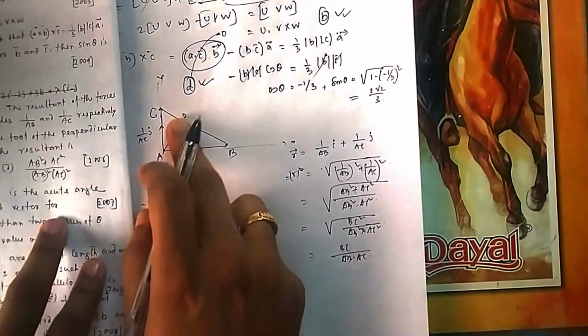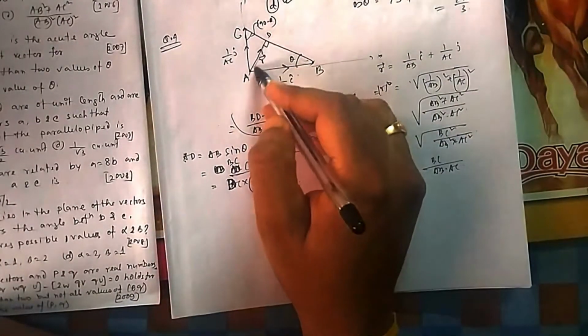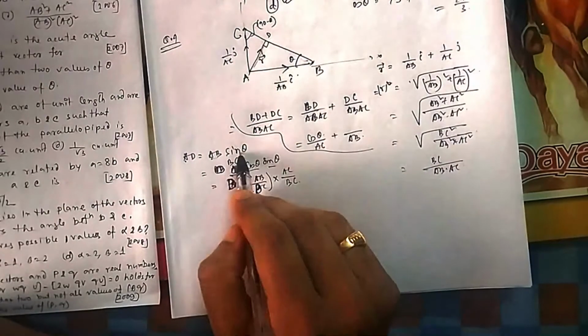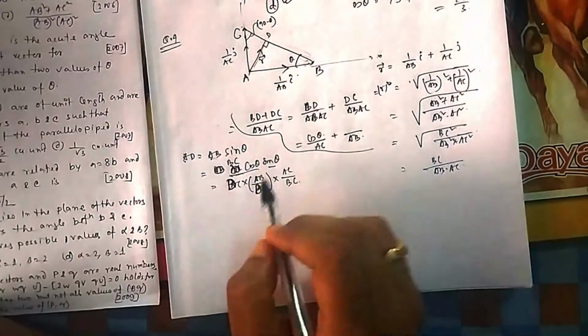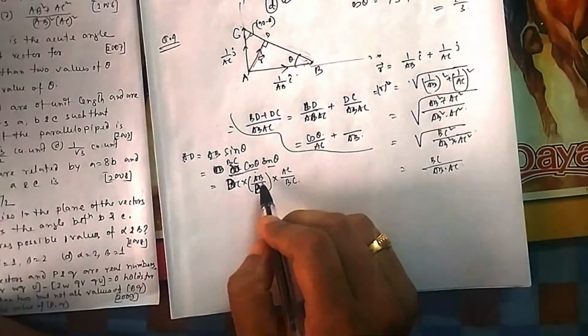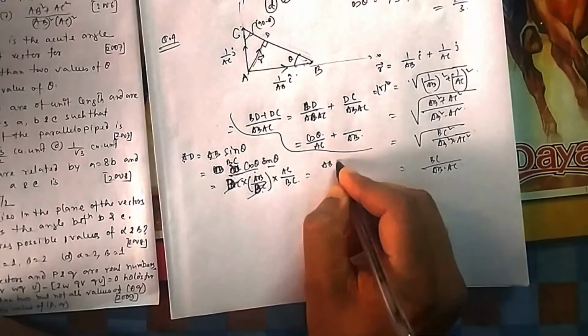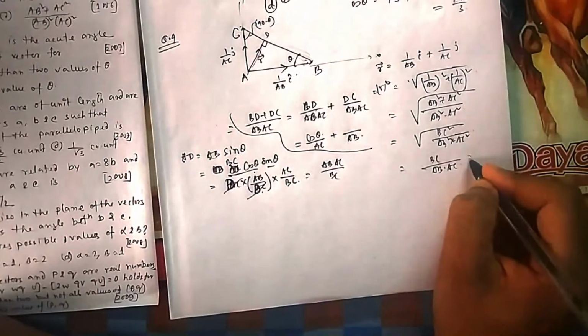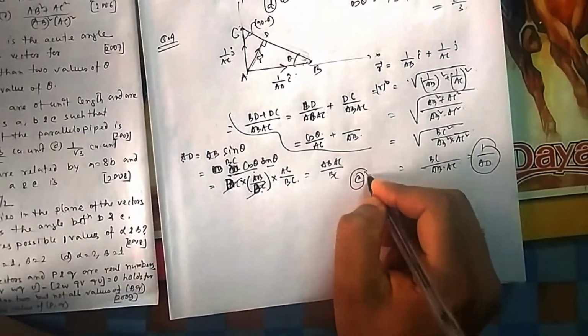So if I want to bring this AD here, you can go in this way also. AD is equal to AB sin theta. Now what is AB? BC cos theta. Now in place of sin theta and cos theta, if you put from the bigger triangle, cos theta is equal to AB by BC and sin theta equal to AC by BC. So BC is gone. So it will be AB AC by BC. Now you can see it is 1 by, just the opposite of AD. So it is 1 by AD. So therefore it is option C. We already got a hint when it was not coming out in terms of these quantities, that it should go in this direction.